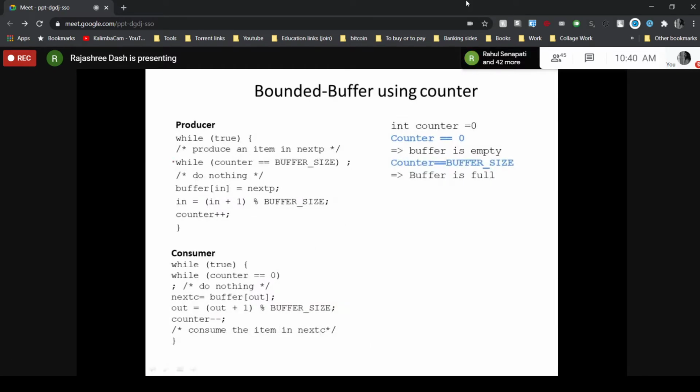So this much to this much line you can put in the critical section for the producer process, and all other code related to the producer process can be put in the remainder section. Similarly, in case of your consumer process, this line to this line, while it is operating the shared data, it remains in its critical section. The other code is related to your remainder section.